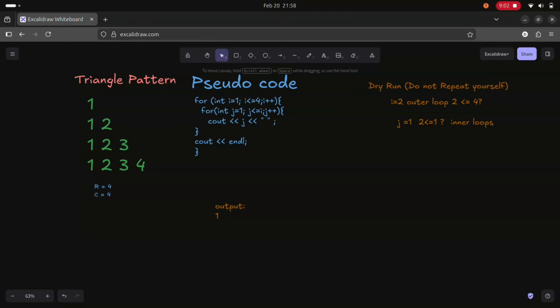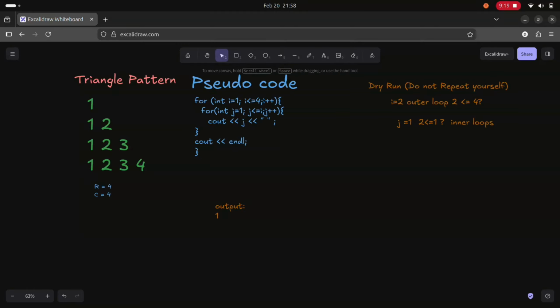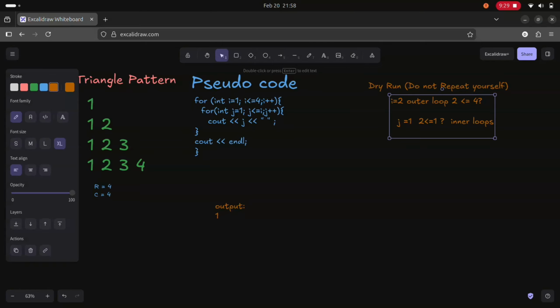at this time our value will be reinitialized to 1 again. The reason we started j with 1 is because for each row, whatever the value of row is, our value always starts from 1. That's why it is 1 here, because this inner loop is dependent on our outer loop, right? So we have to initialize it with 1 so that it gets reinitialized again, and in every line it starts with 1 again. Okay,